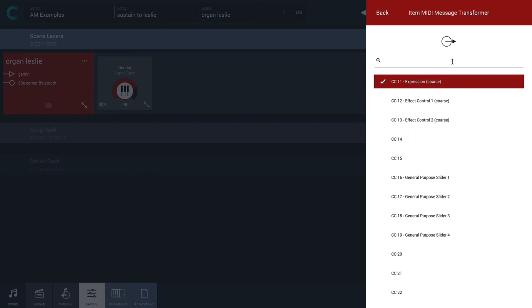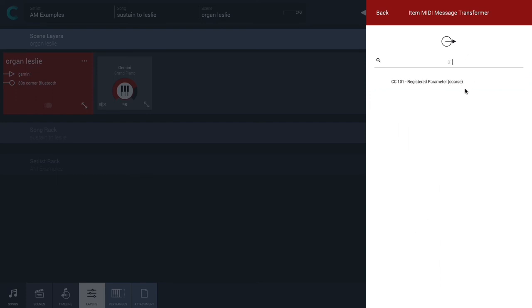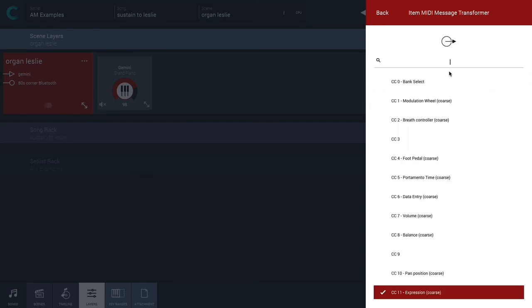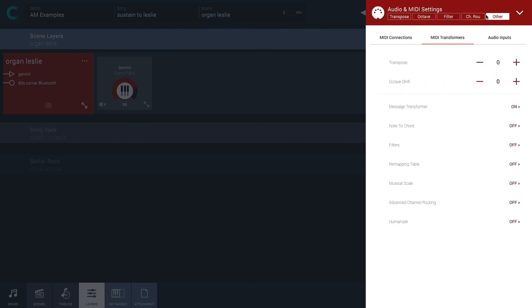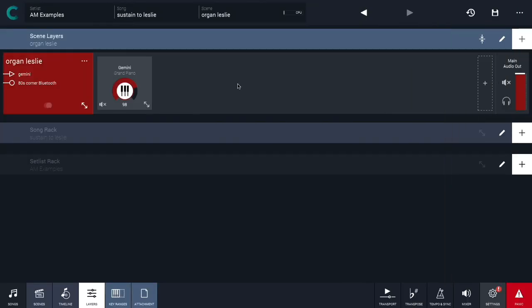Wait a minute, that's 1, which is the modulation wheel, which is what the GSI Gemini wants as a default assignment. And we will also change the preset,